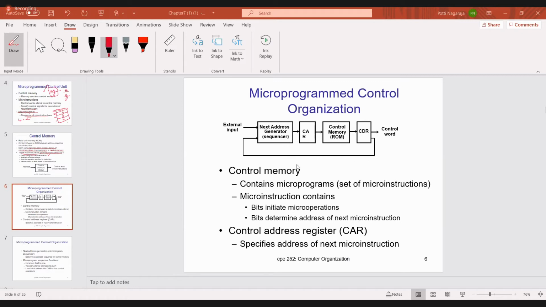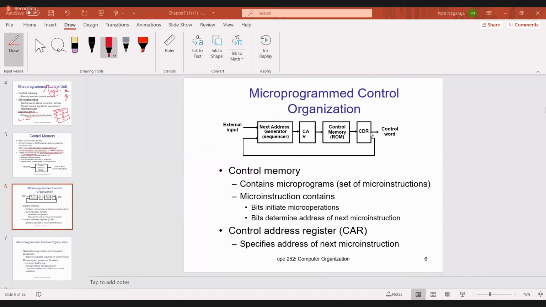Tell me, what is the first block? The sequencer. The first part is where you give the external input to the next address generator. Then the CAR register, which is the control address register. Then the control memory, which you have already seen, the ROM. Then the CDR, which is the control data register.